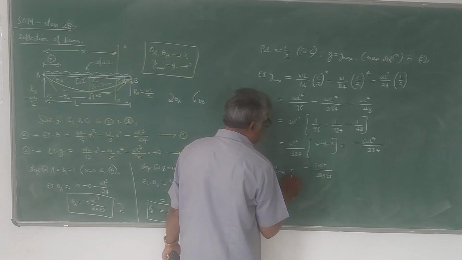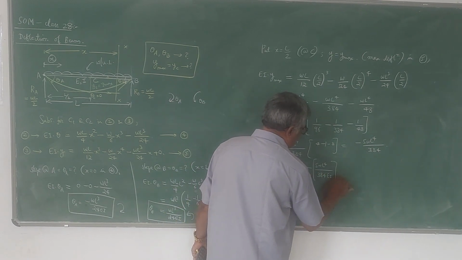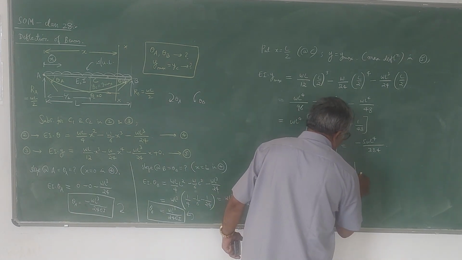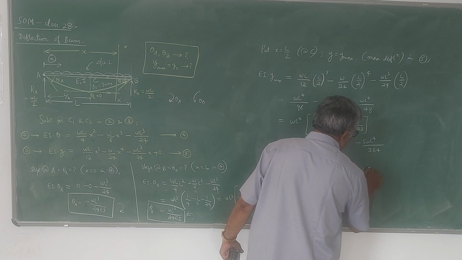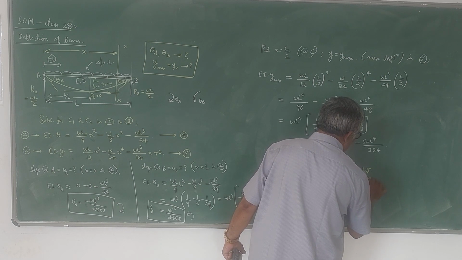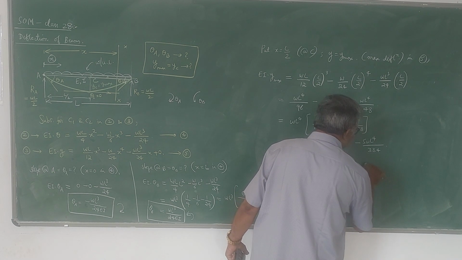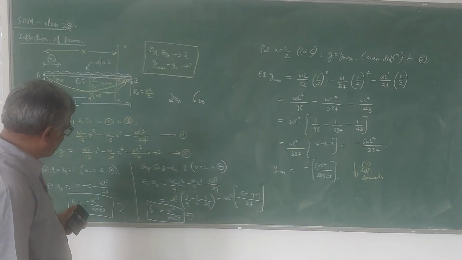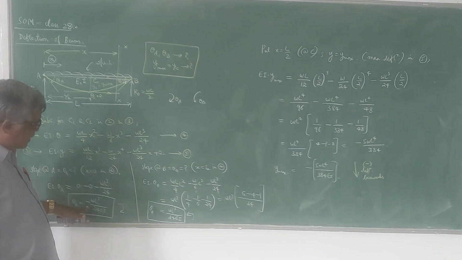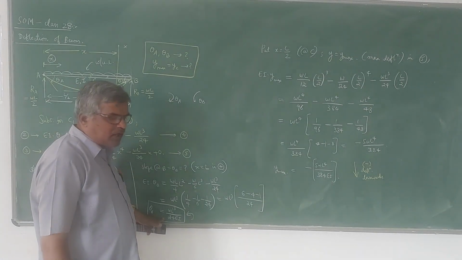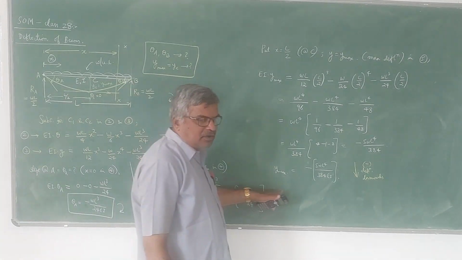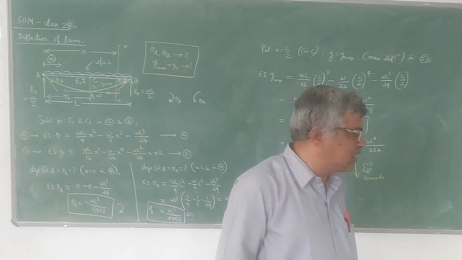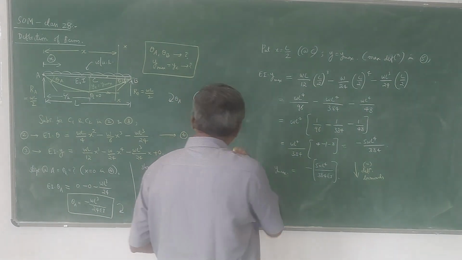So please note that you have got a negative sign here. Negative sign indicates that it is downward deflection. That's all, that is why it is negative. So by sign convention, deflection is downward. You can observe that negative slope represents clockwise, positive slope value represents anti-clockwise, negative deflection value represents downward deflection, positive value of deflection represents upward deflection. Of course, in this case there is no upward